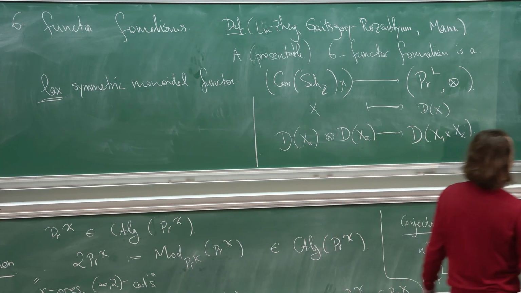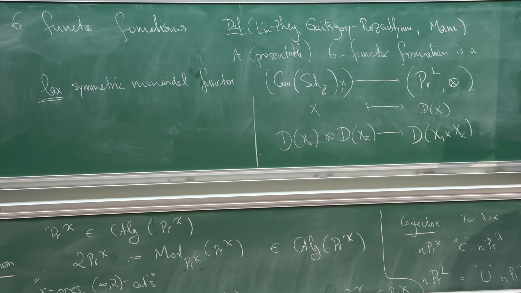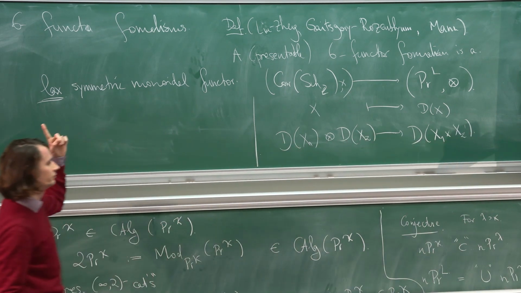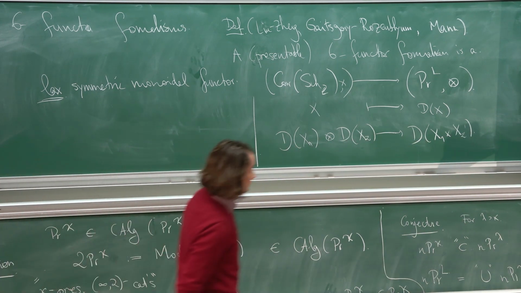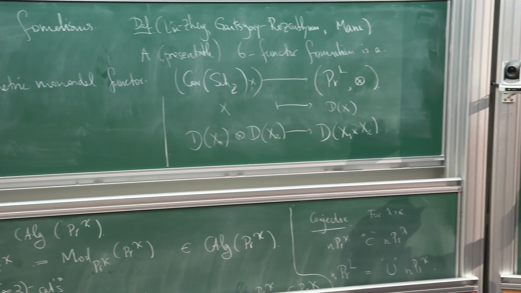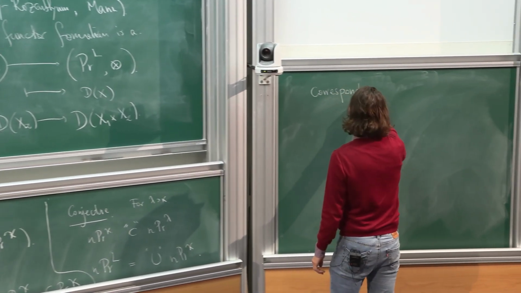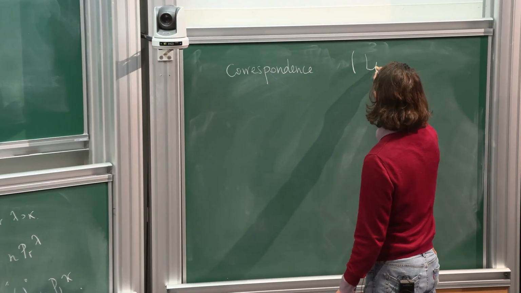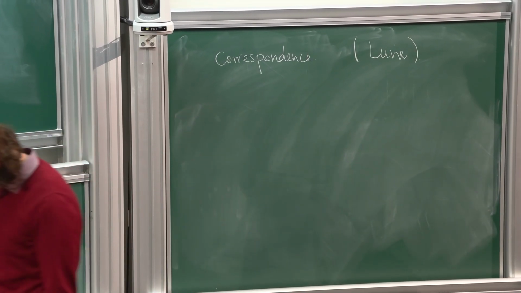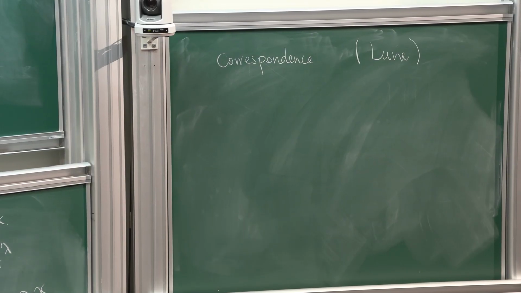Right, so it turns out that you can always rescue being symmetric monoidal at the expense of going one categorical level up. So, yeah, here's some kind of correspondence. I first saw a statement like this in Lurie's paper on the cobordism hypothesis,